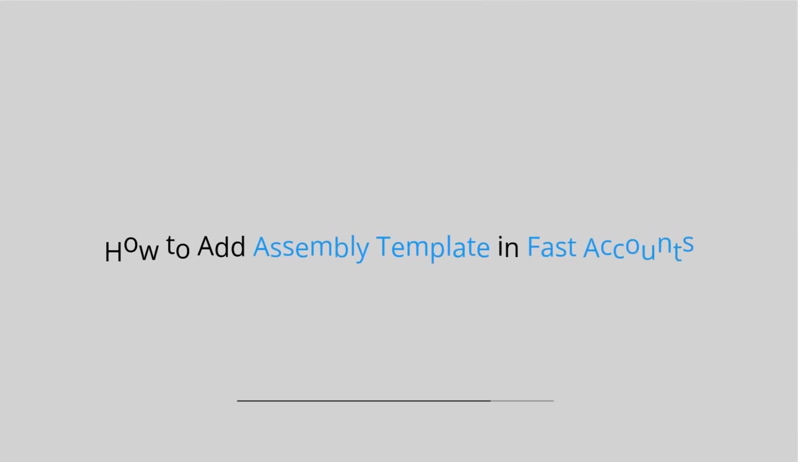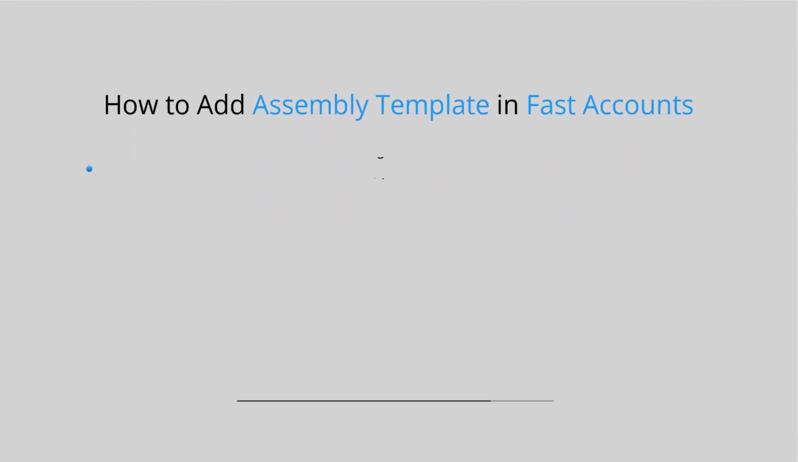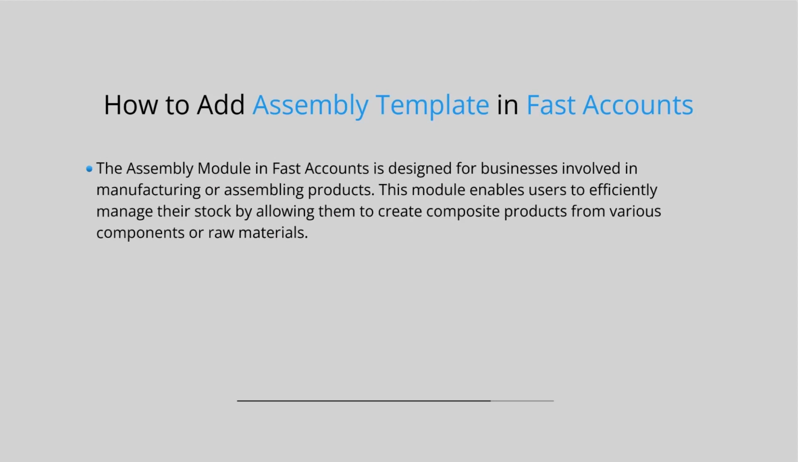How to add assembly template in FastAccounts. The assembly module in FastAccounts is designed for businesses involved in manufacturing or assembling products. This module enables users to efficiently manage their stock by allowing them to create composite products from various components or